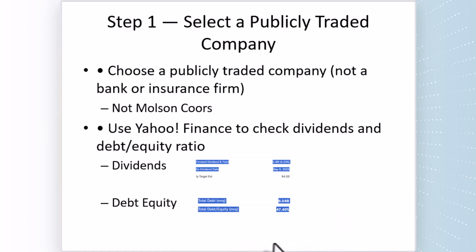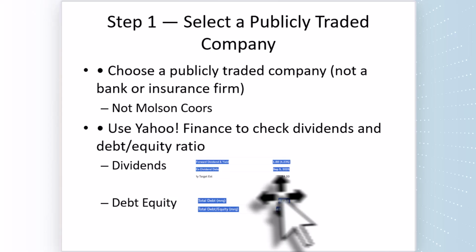So how you do that is you go to Yahoo Finance, put your ticker symbol in the quote box, and then when it comes up, you're going to scroll down and you want to find the area where it talks about dividends, and you need to find some numbers there. Likewise, you go down and find debt equity, scroll down, and then you will find again, we need to find